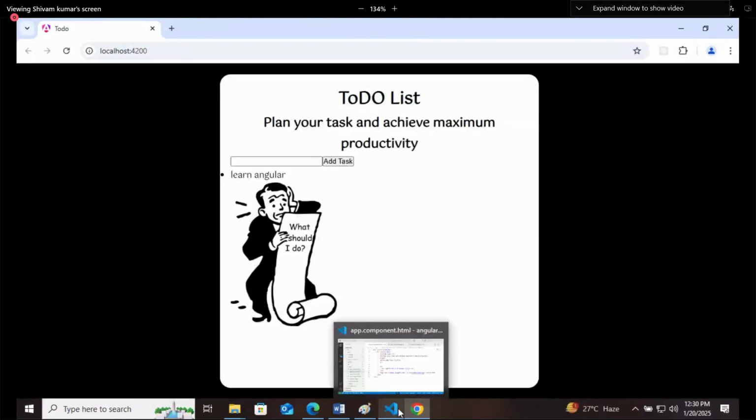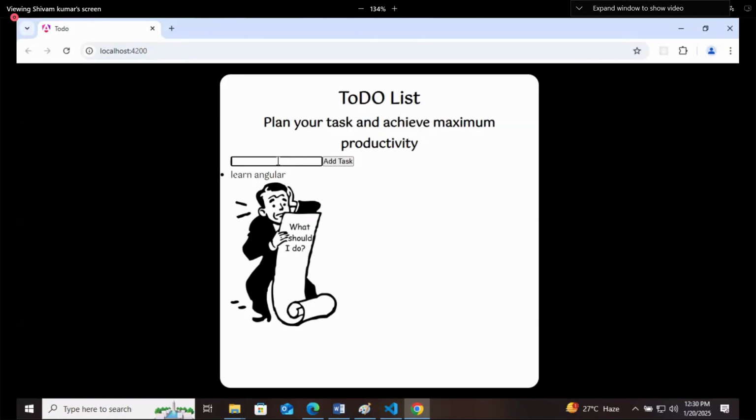No problem, we'll check it tomorrow. In this way only we will do whatever task you are writing here. We will click on add task. That task will get added with a checkbox and a delete button. All of these things we'll do tomorrow.